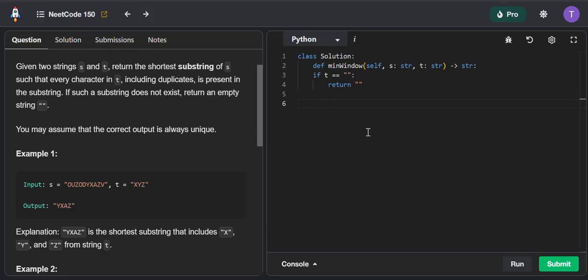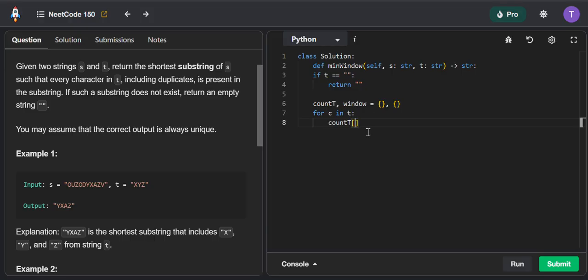Okay, and now this is where we have to create our count T and our window. So count T and window, they are our hash maps. Okay, and now we want to set the count of T for once, and after this we are no longer going to move or touch the count of T as you saw in the example, because this is going to be our reference. So for C in T, sorry, not count. So for the C in the string T, all the characters in T,